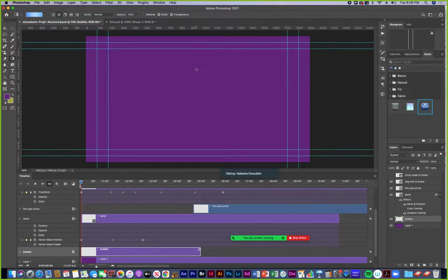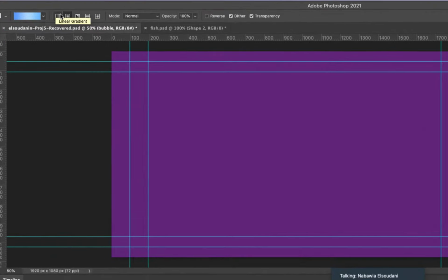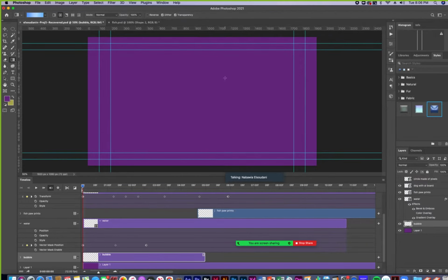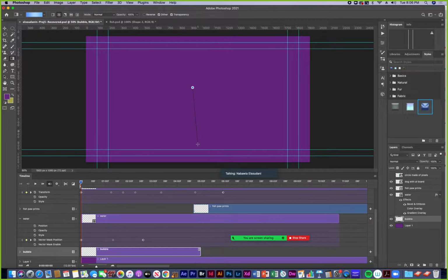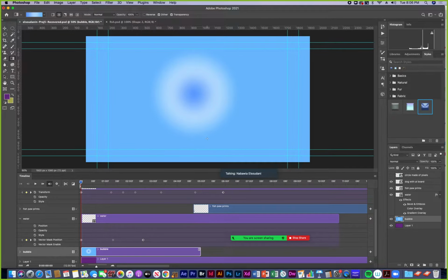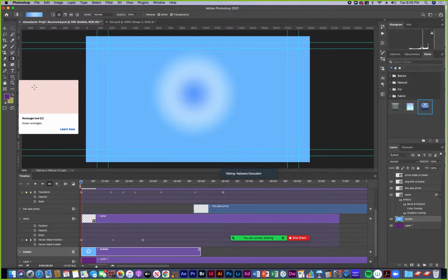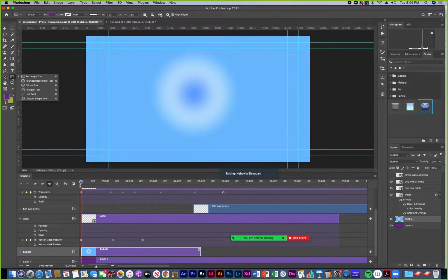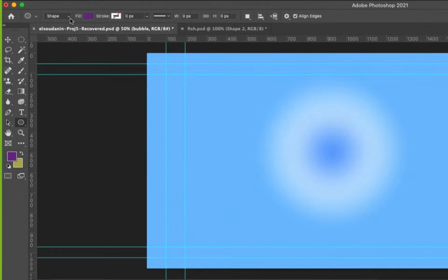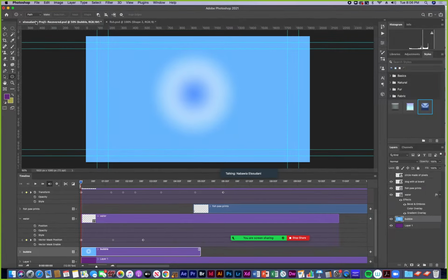Try this, and I'm just going to use, well, I guess I could do radial gradient. Click and drag, and then I could add a mask to it. So I'm going to take my ellipse tool and add a path. Choose a path,